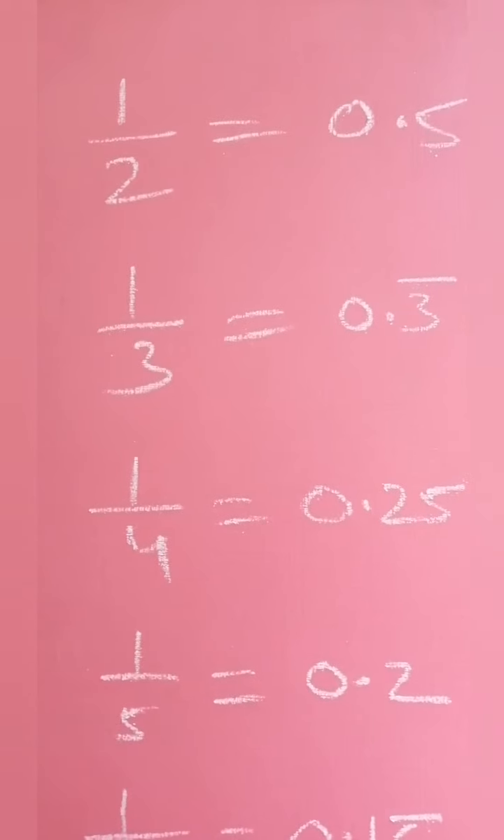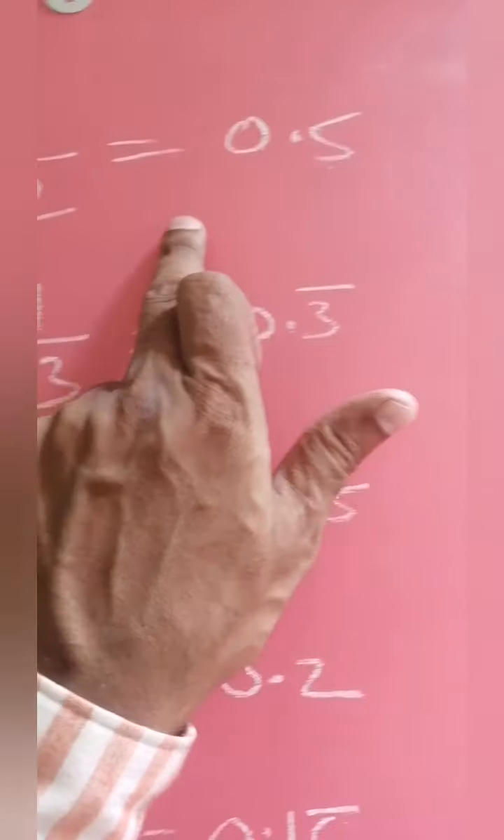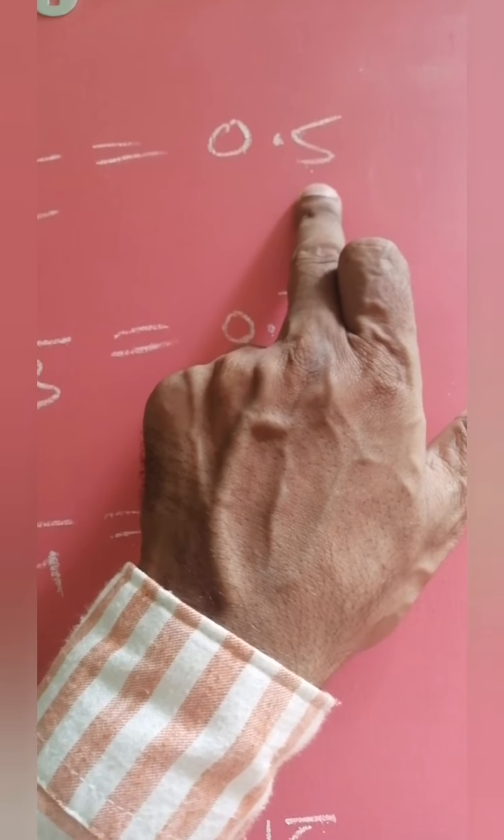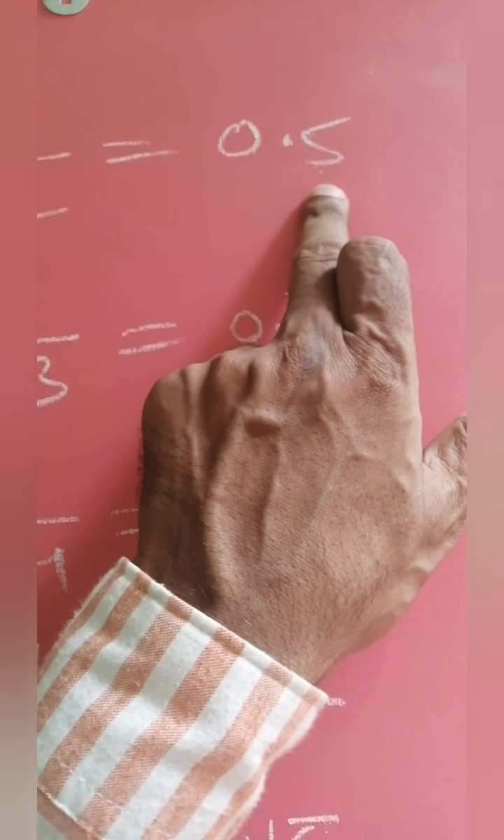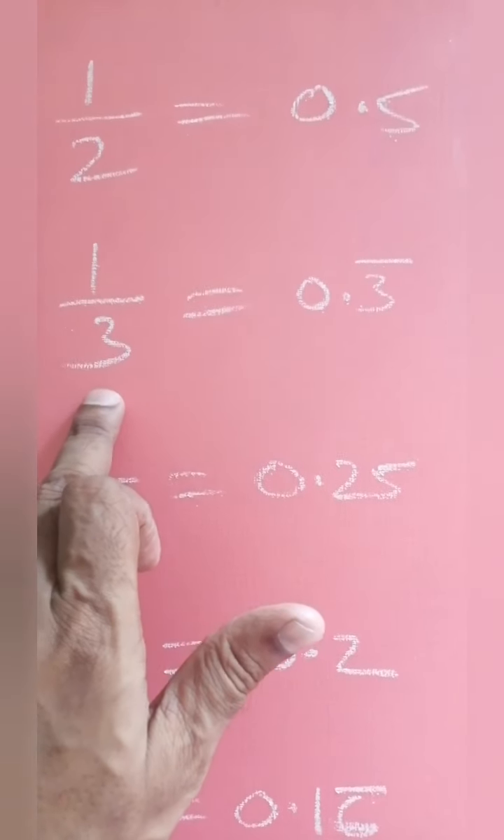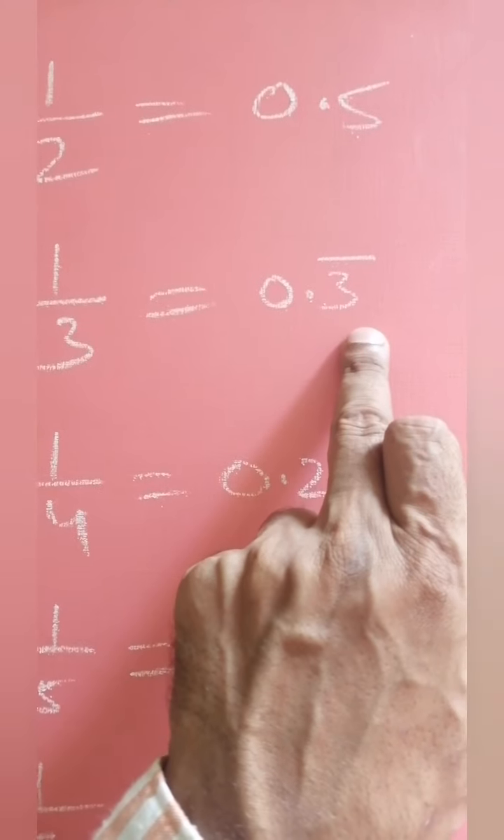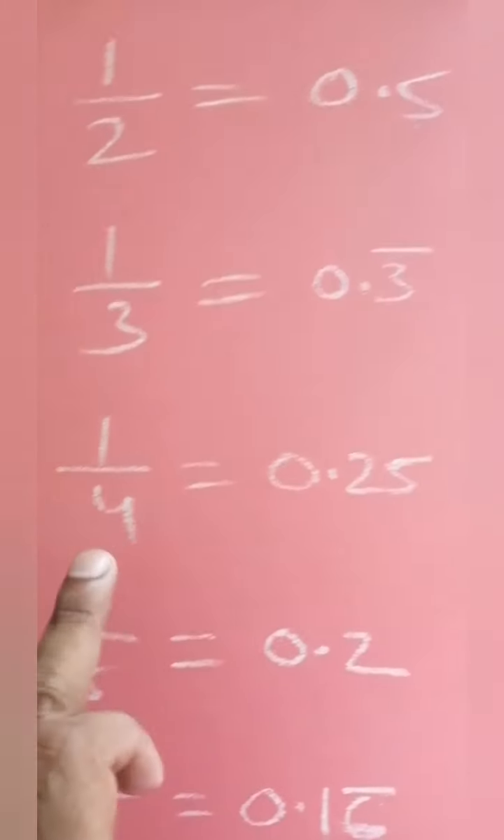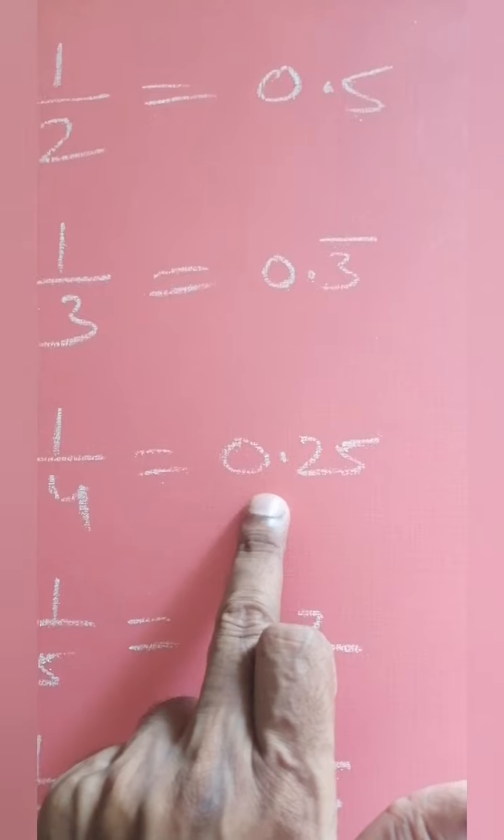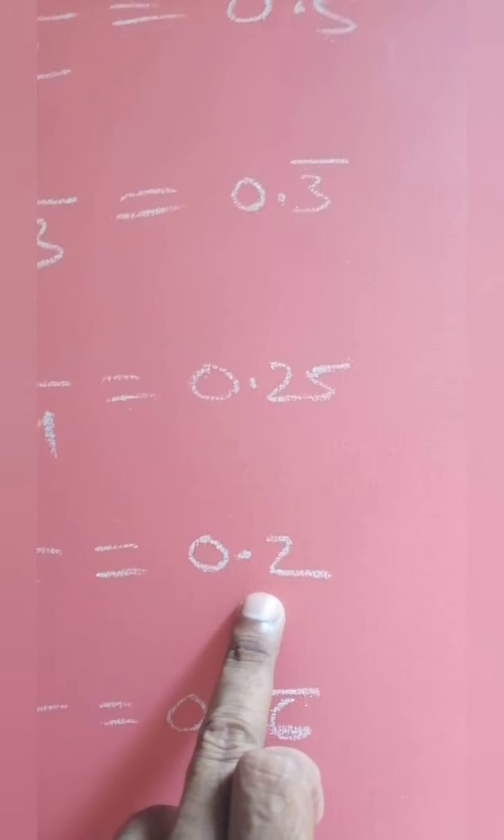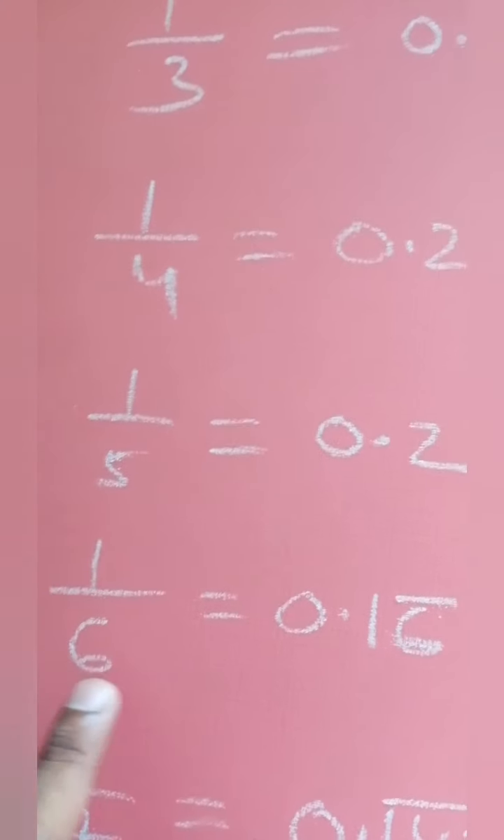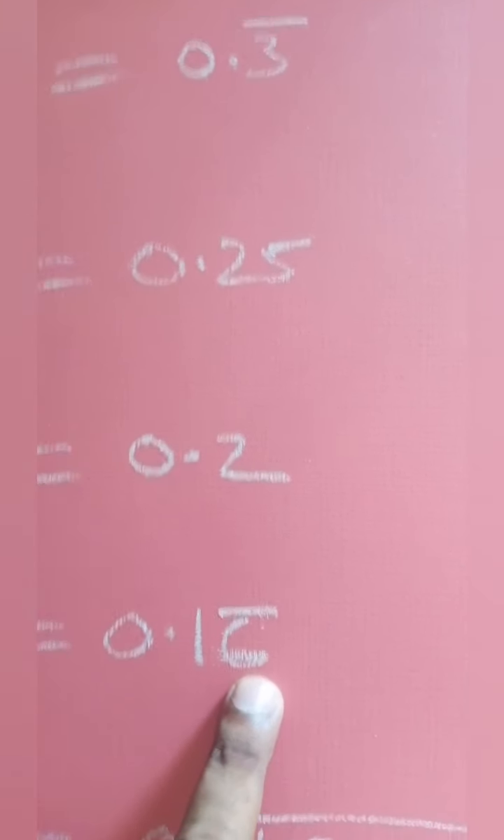Let us go for expressing a rational number in decimal form. See the decimal expansions. 1 by 2 is 0.5, which is a terminating decimal number. 1 by 3, its decimal expansion is 0.3 bar, meaning 3 will continue, so it is a non-terminating decimal number. 1 by 4 is 0.25 terminating, 1 by 5 is 0.2 terminating, 1 by 6 is 0.16 bar non-terminating,